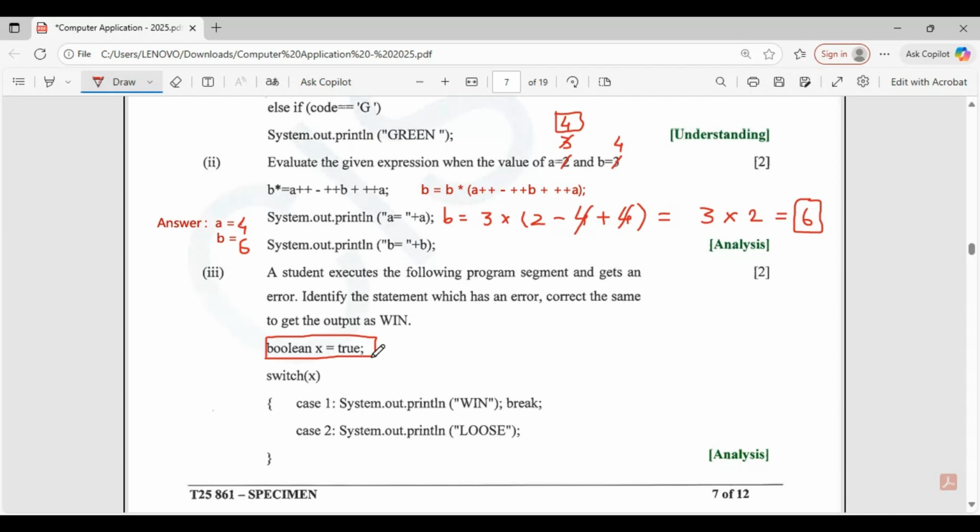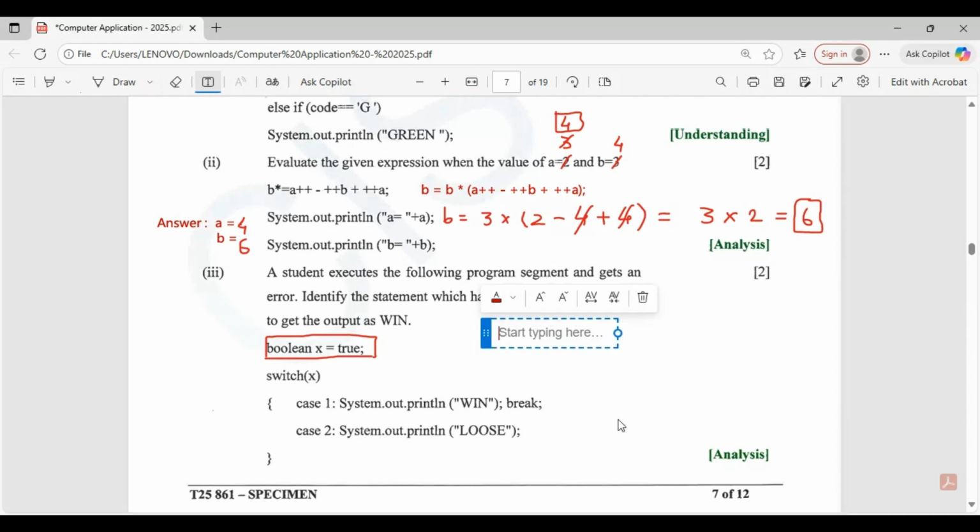So you will write the answer as: the error is in statement number 1, that is boolean x is equal to true. And the correction is int x is equal to 1, since your case value for win is 1. And this is the correction. So this is the answer.